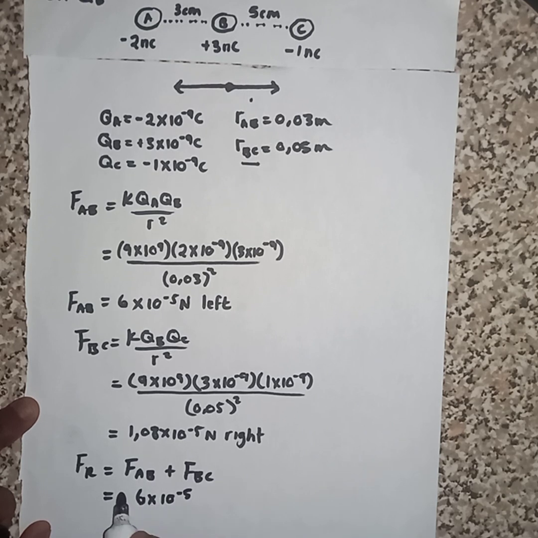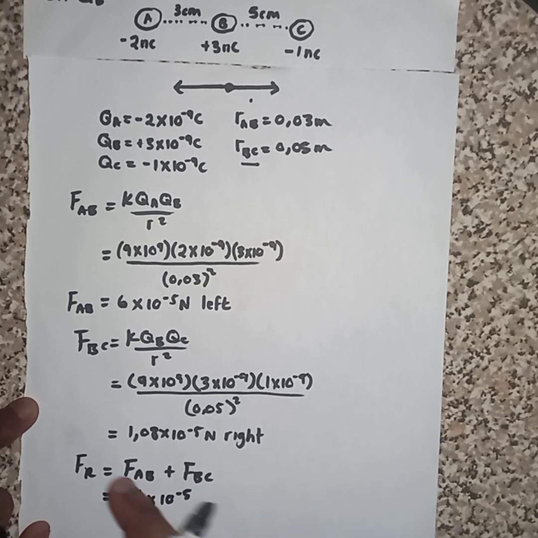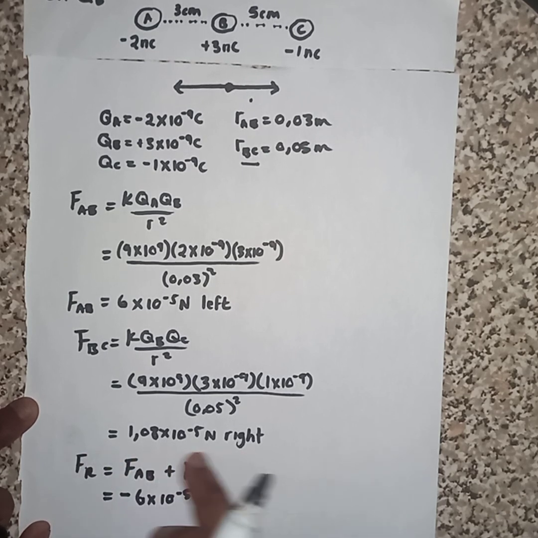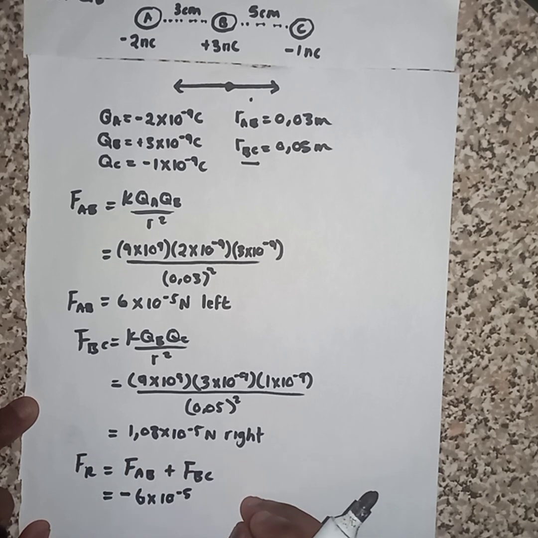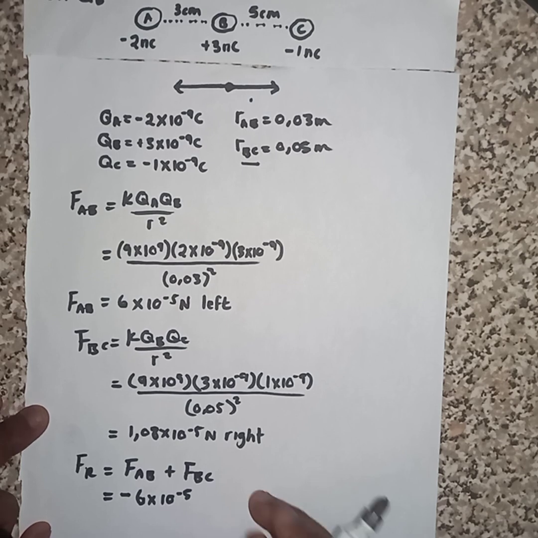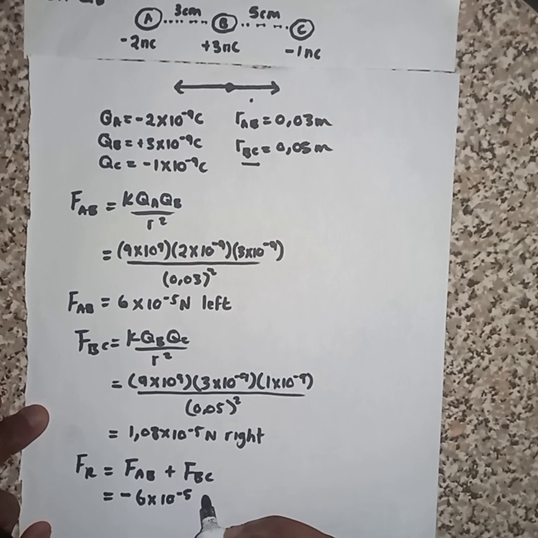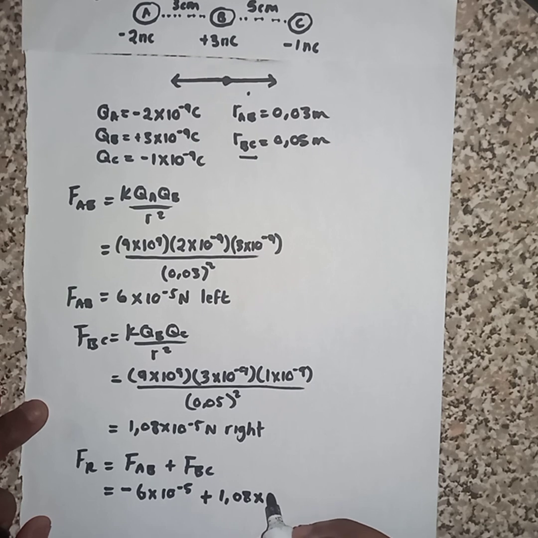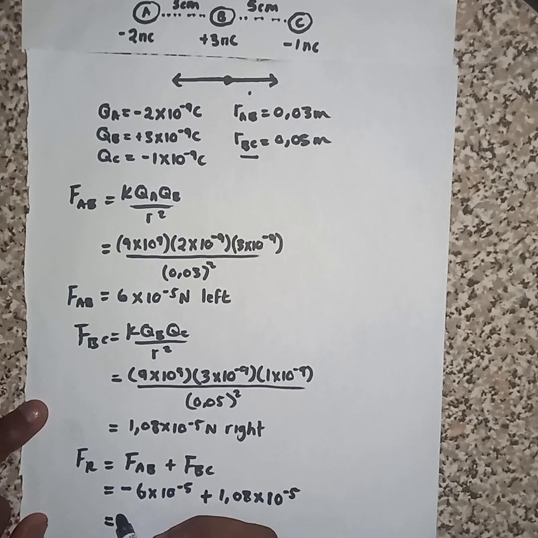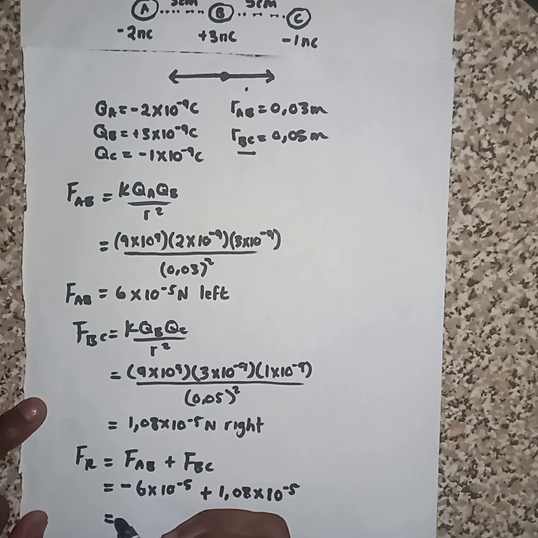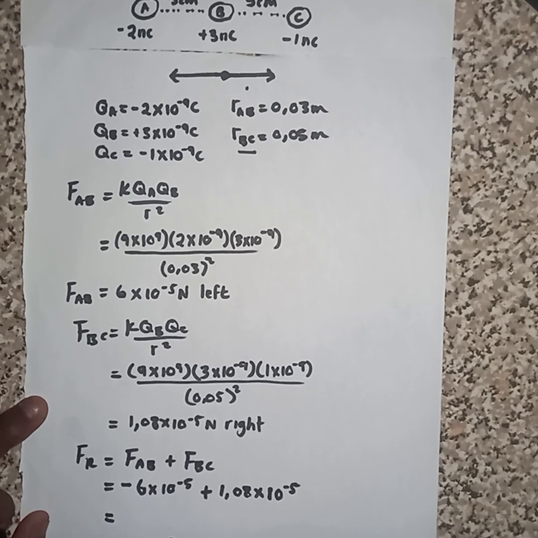At this point, when you calculate your FR, your resultant electrostatic force, or F net, we include our negative signs. Then for B and C, we got a positive 1.08 times 10 to the power of minus 5. When we use our calculator for this one, clearly we are going to get a negative number,